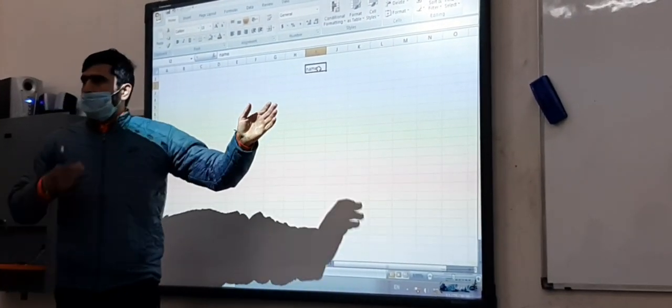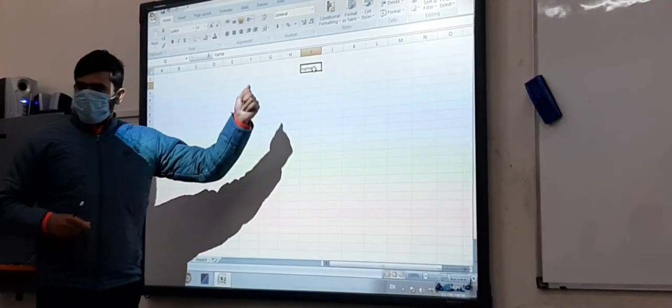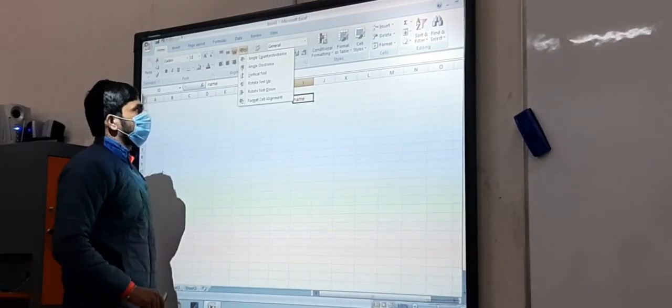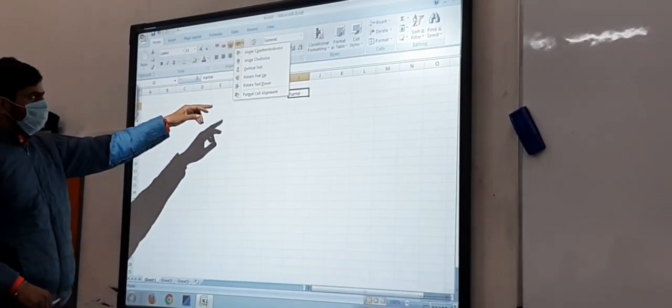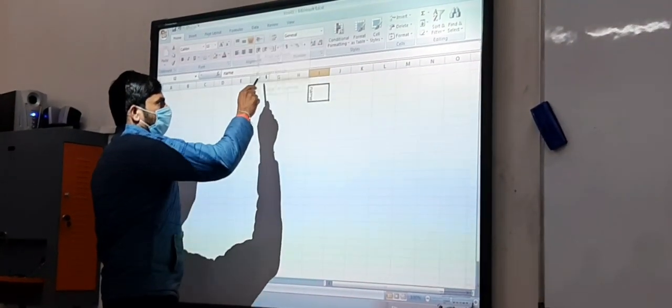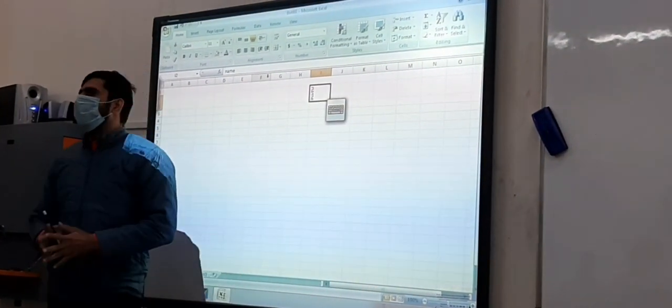But you think that it should come in the top and bottom section. So how can we do that? You can go to the wrap text and here you can find it. Whenever we click on rotate text down, you will see it changes the text orientation.